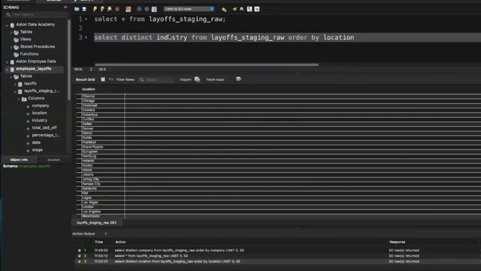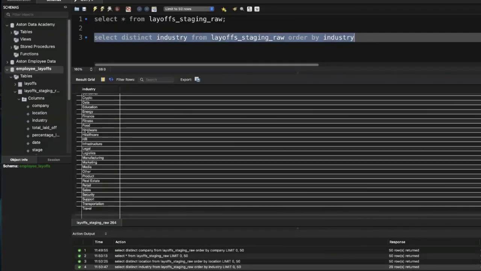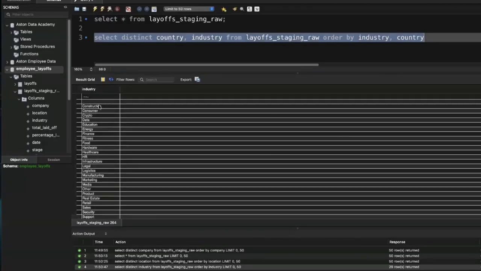One of the reasons why we're doing it one after the other is some appear repeatedly. So for instance, if you look at when we run industry, some companies can have the same industry, like finance or food or media. Now, if we do distinct industry and we put, let's say, country here, and then we order by industry and country, and we run this. Look at this. This is shorter, right? But when we run this,